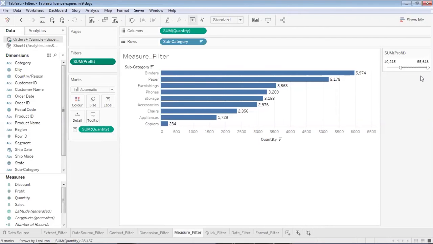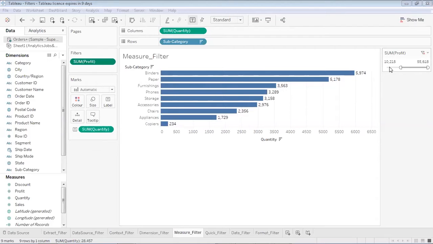Over here, if you remember, we had been filtering these subcategories and quantities. These are the quantity of the product sold based on each subcategory, and this was the filter we had added, which was related to the profit generated by the product.